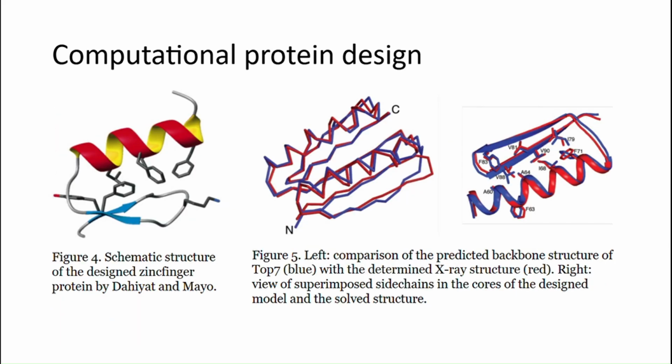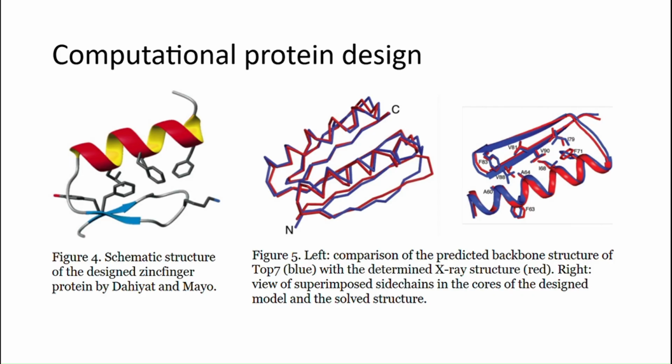Computational protein design. In 1997, Dahiyat and Mayo achieved the first fully computational de novo protein design by engineering a metal-free zinc finger variant, using a fixed backbone, dead-end elimination algorithm, Monte Carlo simulations, and empirical scoring to navigate sequence and side chain combinations. The resulting optimal design had 6 out of 28 residues in common with the original zinc finger sequence, 21% identity, and its 3D structure was determined by NMR spectroscopy, demonstrating a close resemblance to the computationally